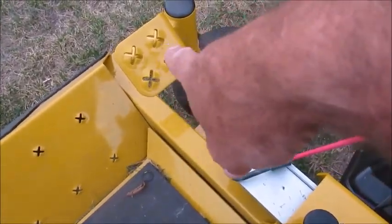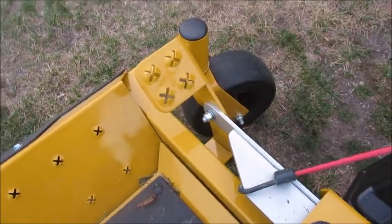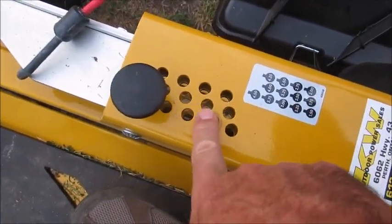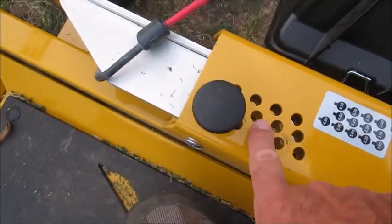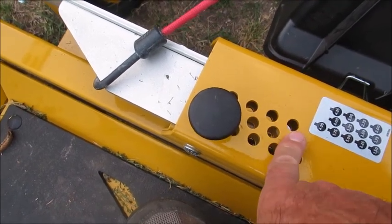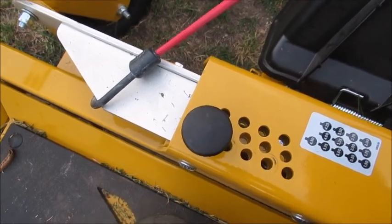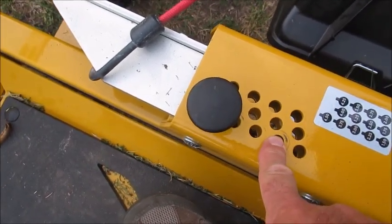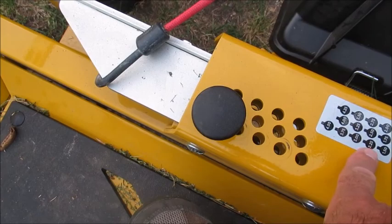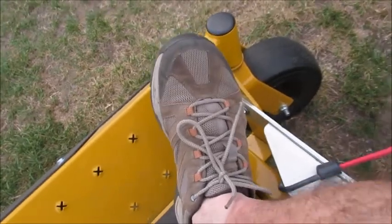This feature I really like. It's a foot pedal. It's not a brake or a clutch or anything like that. It's actually to lift your deck up and down. You have a knob right here with different settings, different heights. I think it goes from 4 inches right down to like 1.5 inches, or less than an inch and a half, I guess. I don't know who would cut their lawn less than an inch, but I usually put it in this setting here, which is, I don't have my glasses on, so I think it's like 3, maybe 2 inches. I'm not sure, but anyways, you press on this here,